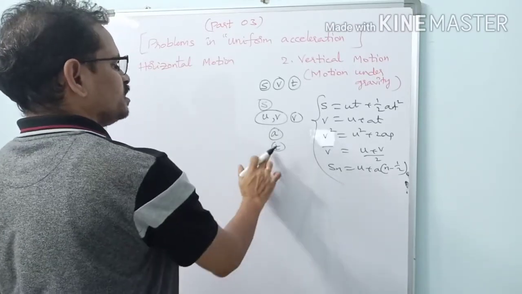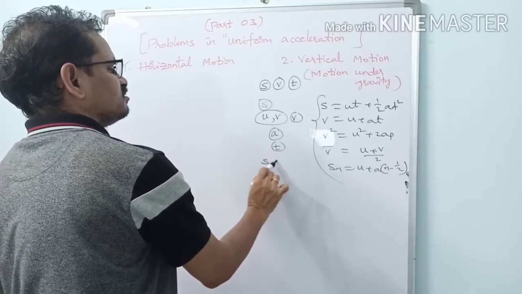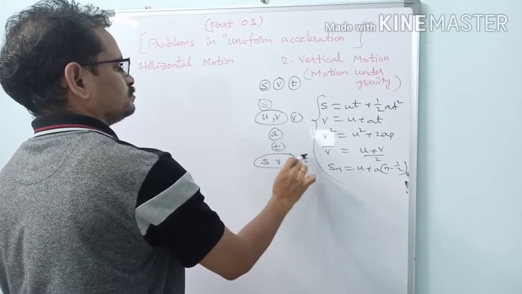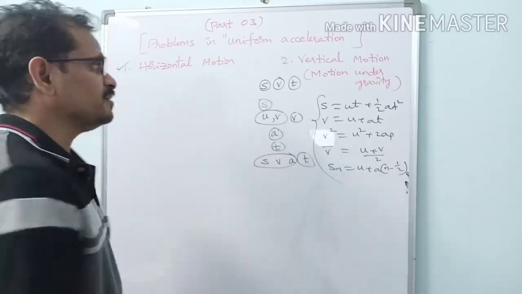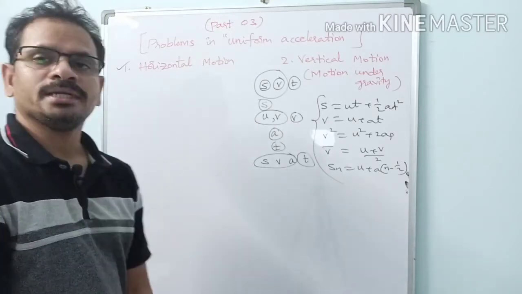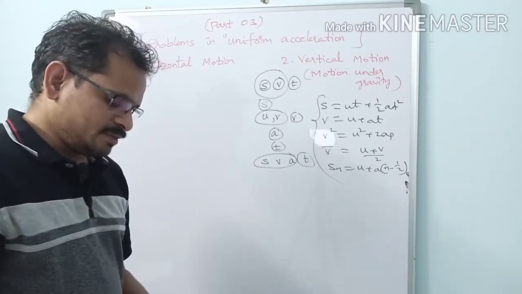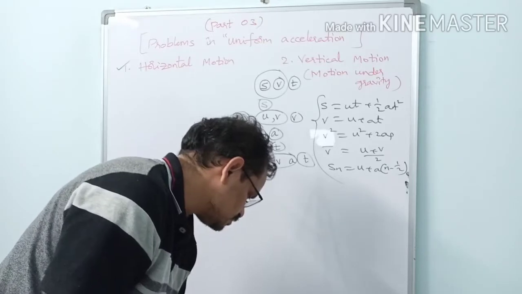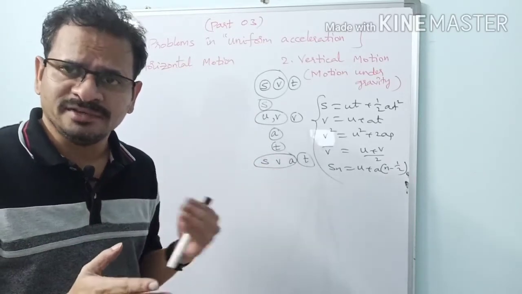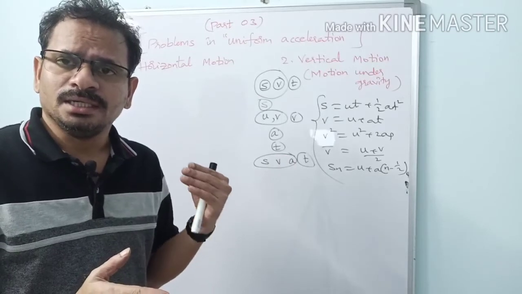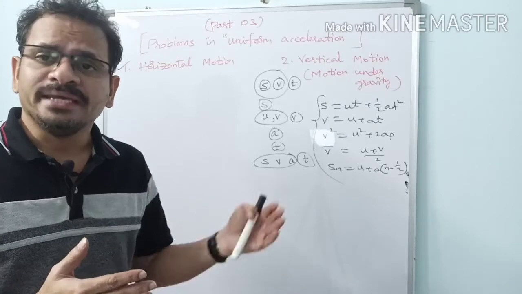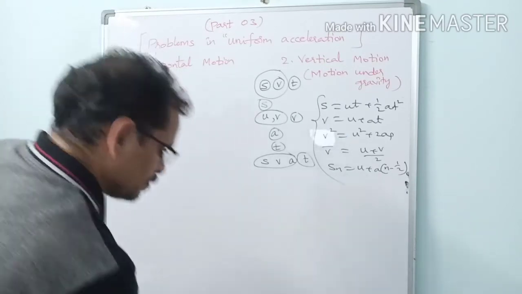So how many physical quantities do we come across here? S, V, A and T. Previously only S, V and T, so one more quantity we got here. As we did problems previously, now read the question carefully, take the given data, be aware of the quantity to be found, make equations, and simply solve the problem.